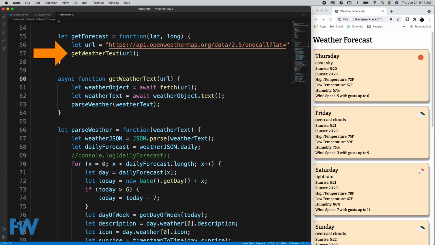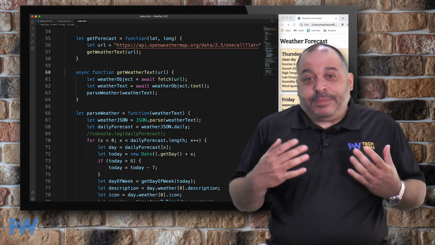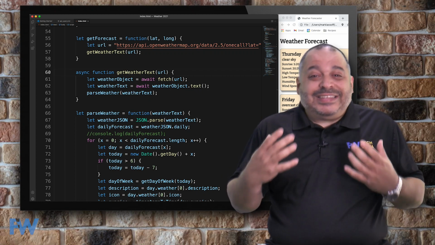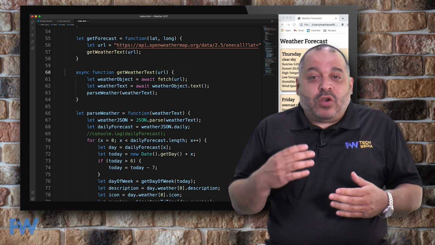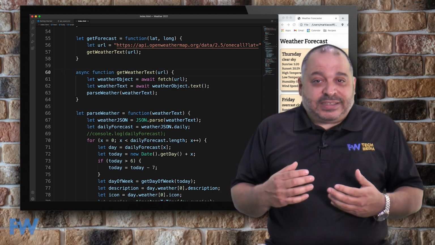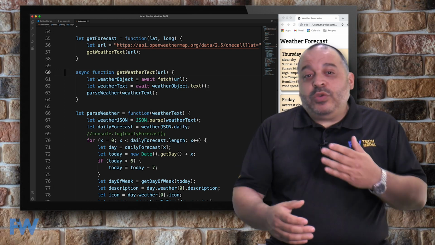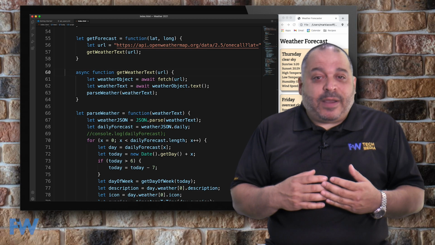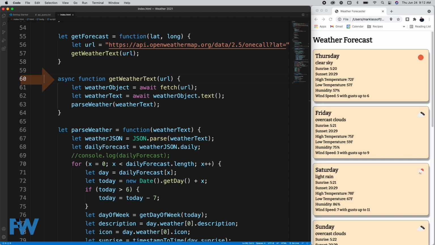getWeatherText is an interesting function. It may look different than other functions you've seen before. This function is an example of the async await concept in JavaScript, designed specifically for asynchronous functions. Functions where you might have, for example, a race condition if you don't run them asynchronously, where the next line of code is going to execute before the function's done processing. Here, we're going to have to get the weather from the API. Well, we don't know how long that's going to take. So we've got to run this asynchronously and wait for the data to come back before the subsequent lines of code are executed. So notice this function is identified as async function getWeatherText(url).